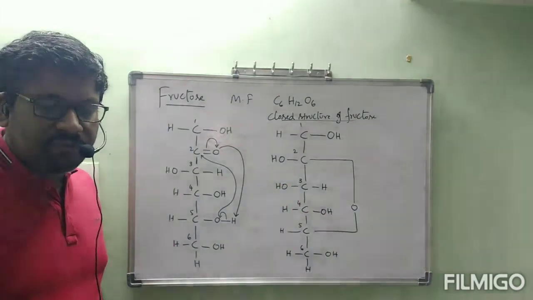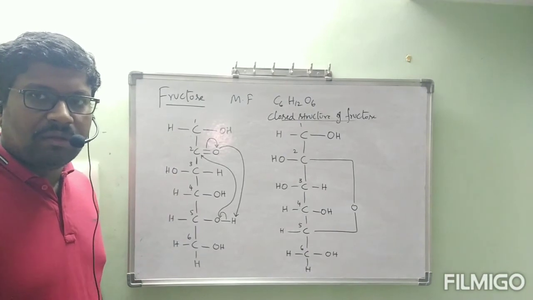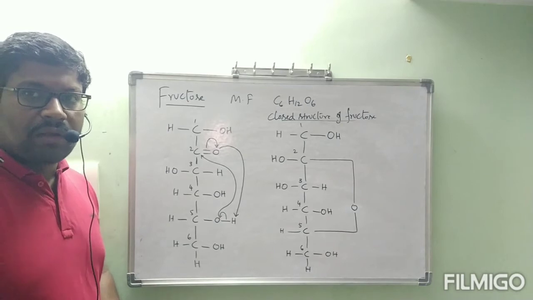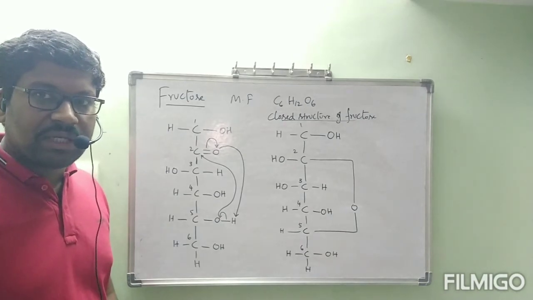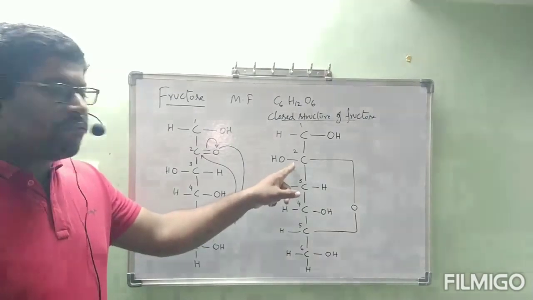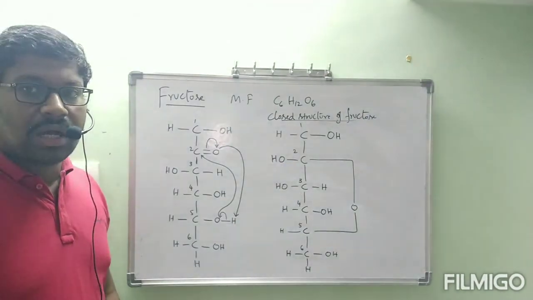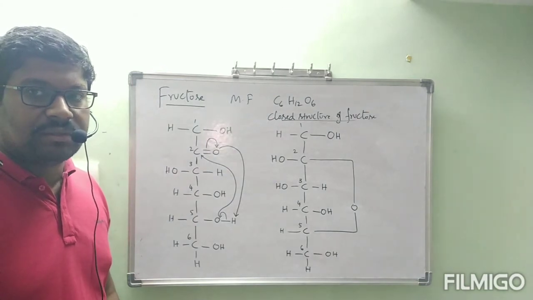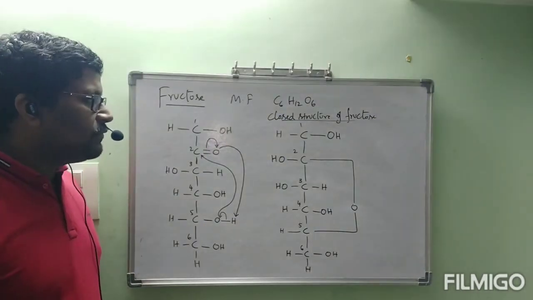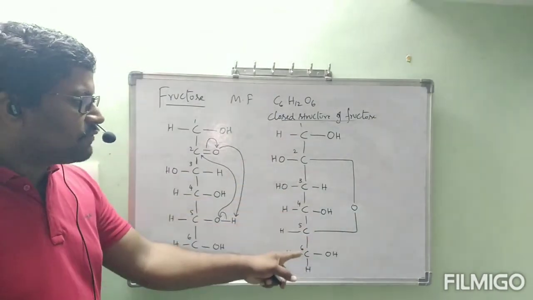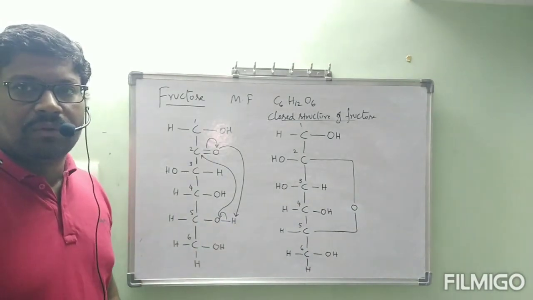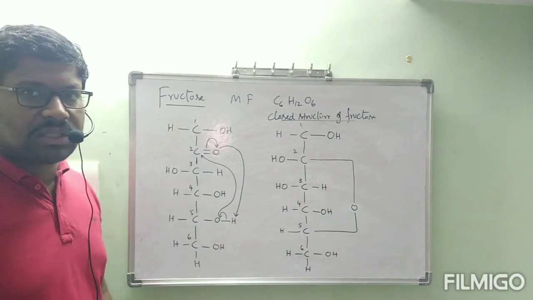After writing this closed structure of fructose, again we have to represent fructose in two forms, alpha form and beta form. Here fructose alpha form and beta form are differentiated at second carbon. Okay, how it is differentiated at second carbon we will see. Before that, draw this closed structure of fructose, this Fischer projection, into Haworth structure. Okay, let us try to write the Haworth structure.